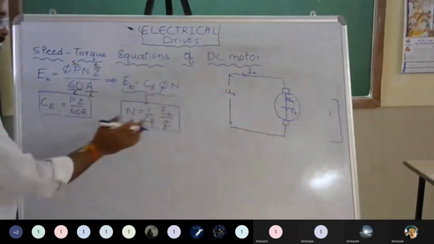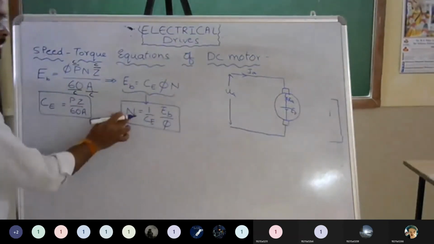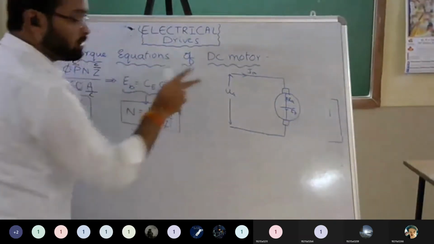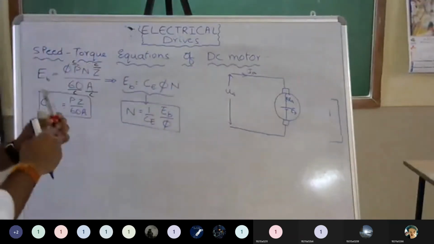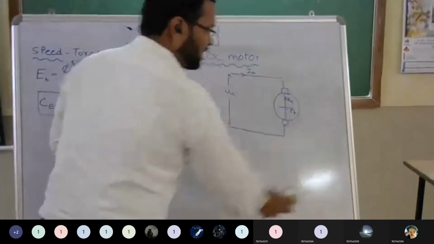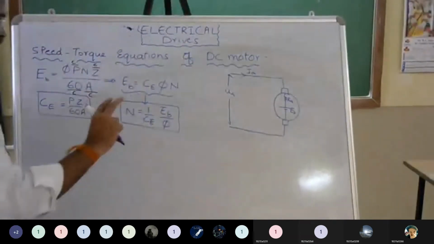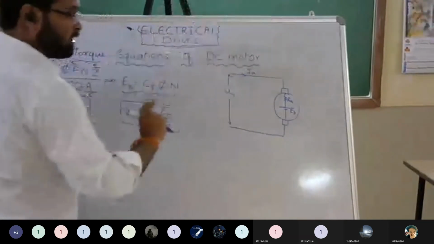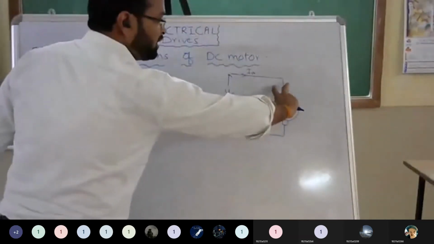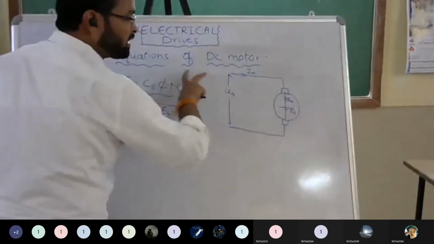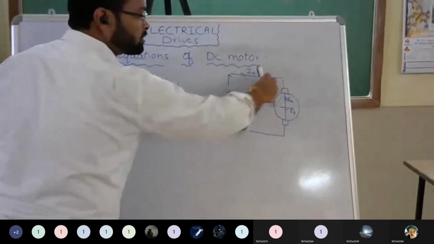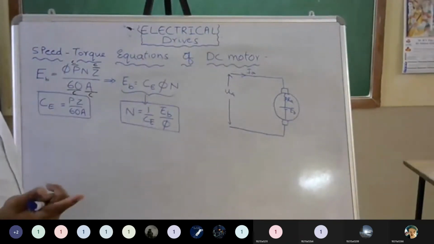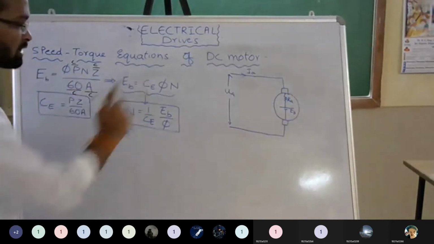And here, if you want to know what the things are that speed will depend upon, whatever block diagram we discussed before, you have to remember that block diagram completely. In that one, a power modulator is there. After the power modulator, the DC motor is there. After the DC motor, the load is there. We discussed at that time that the speed will be changed by the power modulator by giving how much voltage it has to give, how much current it has to give, or the frequency. That time we simply gave the statement. But how will we remember the statement? We need not mug up that one.